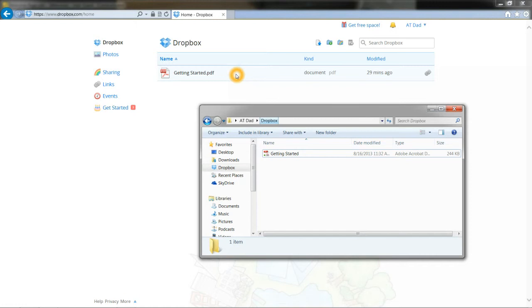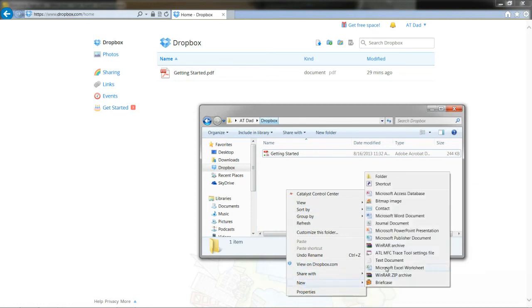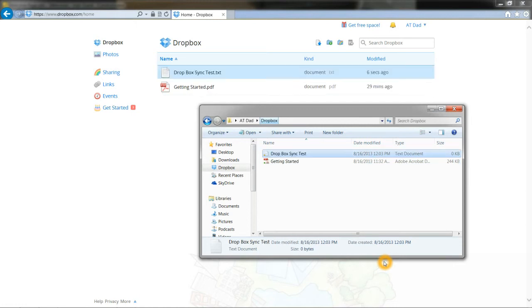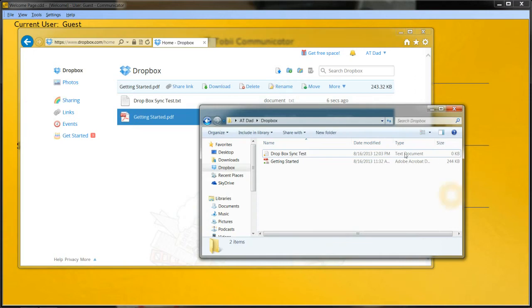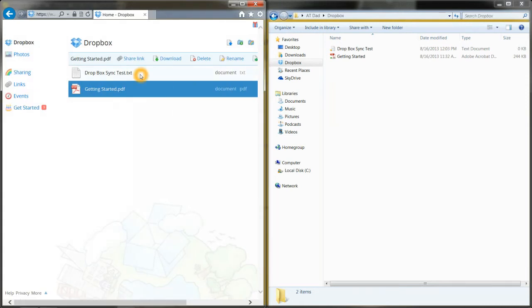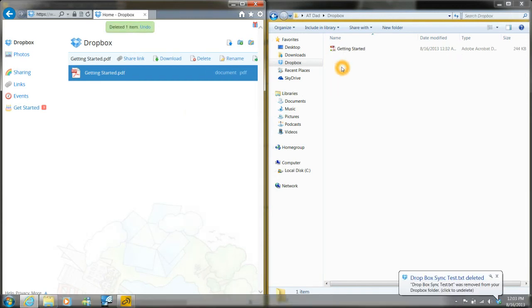Now if you want to see how fast these sync, real quick I'll create a new text document, and we'll call it Dropbox sync test. And boom, not only did you see it get created very quickly, but the name change happened very quickly too. Let me move these side by side so you can see them. I'll go up to Dropbox sync test and delete it. Boom, gone and gone. That's how fast it is,